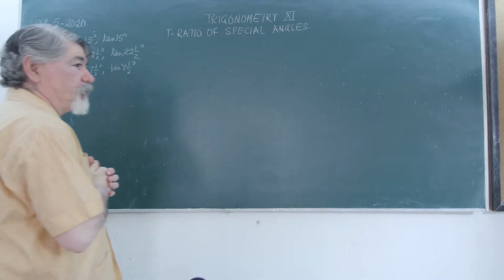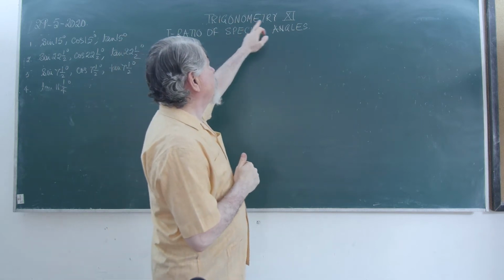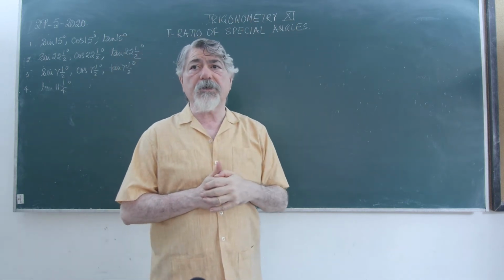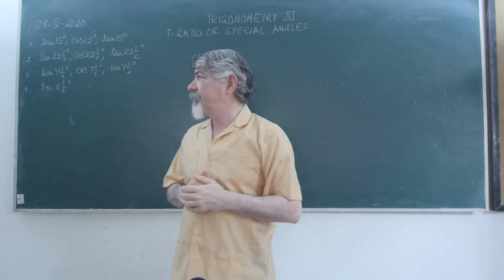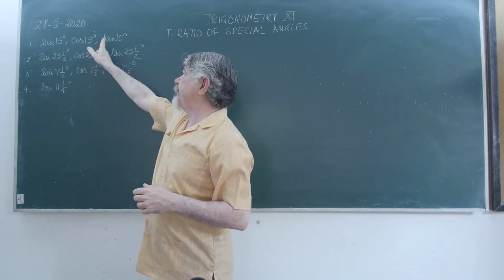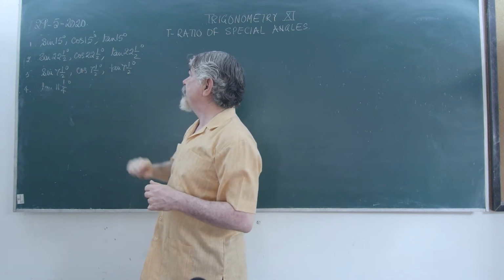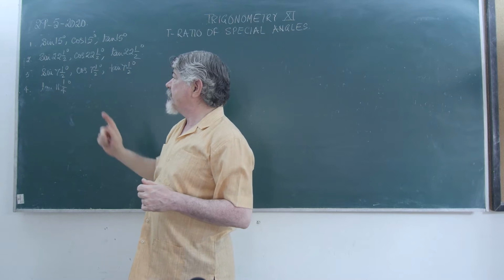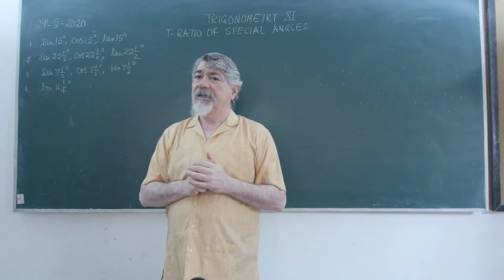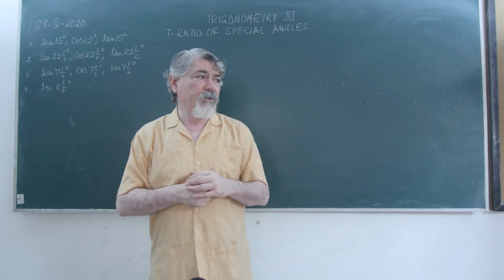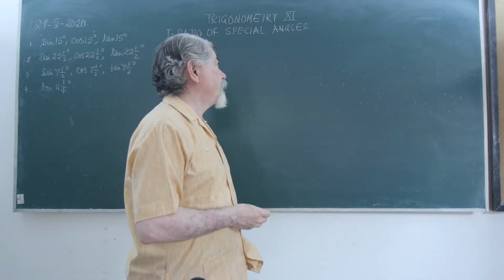11th, we continue our work in trigonometry, and today we are going to work on some special ratios of special angles like sine 15, cos 15, tan 15, sine 22 and a half, cos 22 and a half, tan 22 and a half, sine 7 and a half, cos 7 and a half, tan 7 and a half, and tan 11 1 upon 4. After that we'll do some more about 18, 36, 72 and 54 also.